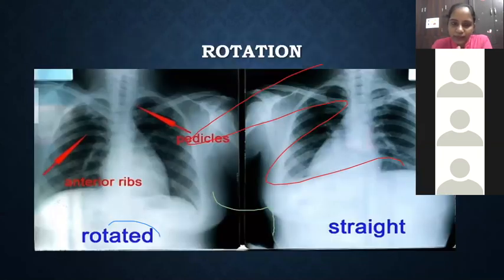So the next point to look at in an X-ray will be a rotated film or a non-rotated film. In the second picture, there is no side identification, but you can see that this X-ray looks like a dextrocardia. So that is why side identification is very important in any X-ray. And to look at the rotation, you must look at the medial end of the clavicles. They must be equidistant from the midline. We take the midline and we calculate the distance from the medial end of both clavicles to the midline, and if they're equidistant, they are non-rotated films.